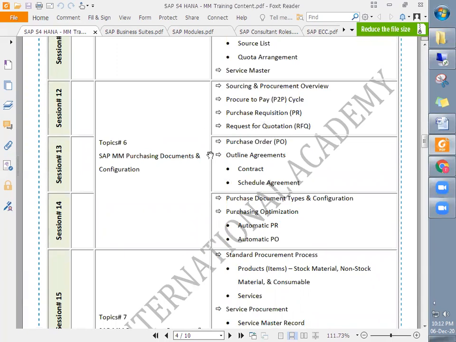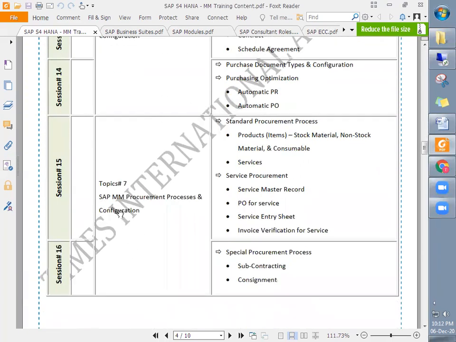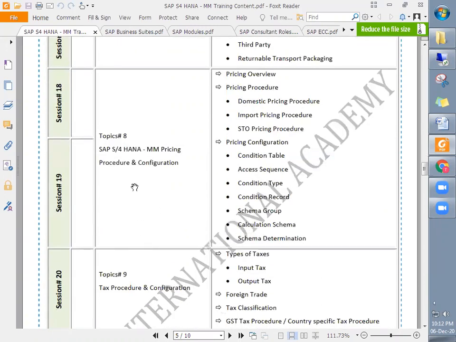All of those will be covered under topic number 6. And then SAP MM procurement processes and configuration, where standard procurement, service procurement, and special procurements will be discussed.